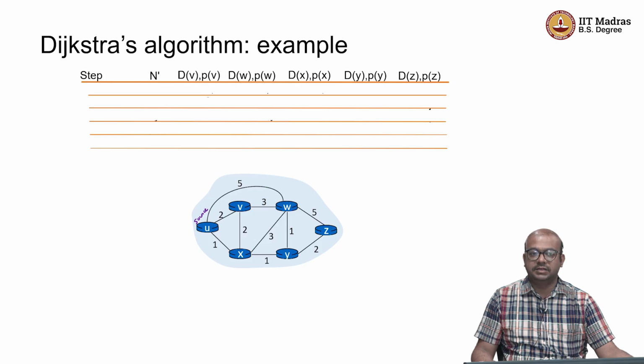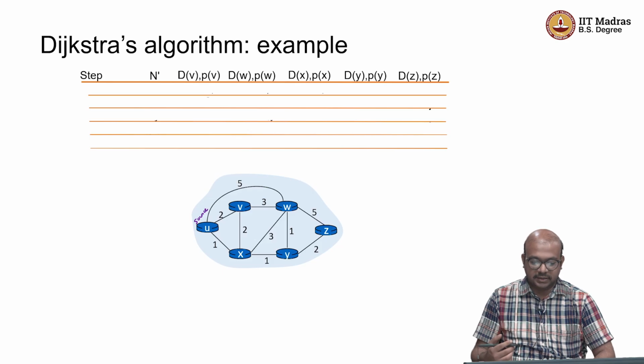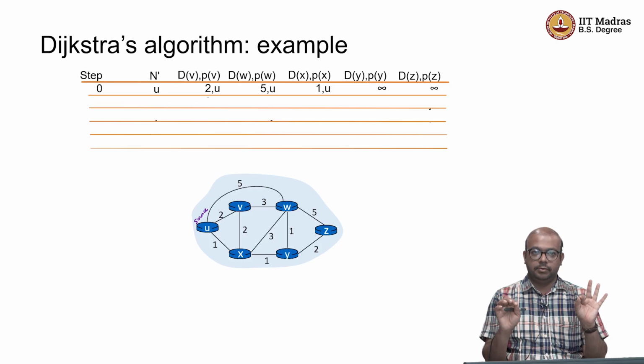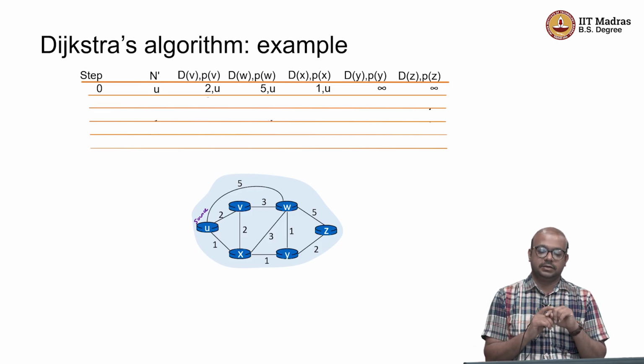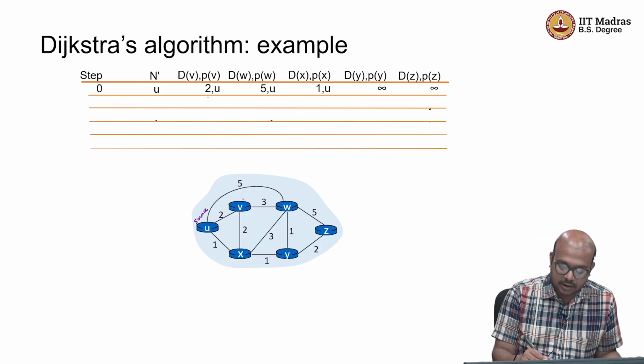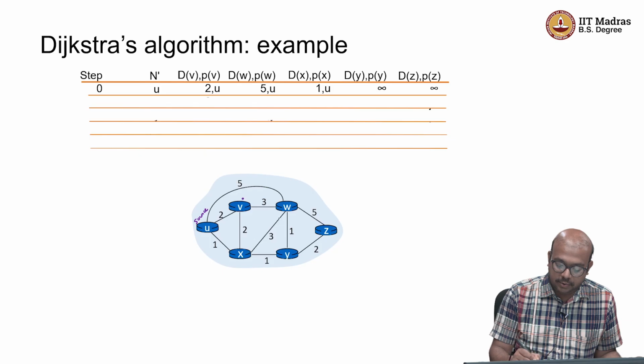So, we know how the initialization occurs. In the first step, step number 0, the initialization step, n prime is just one element, u, and then the direct neighbors. Remember, in the initialization part we had two things: one was n prime equal to u, and the other was to initialize the neighborhood list. So, the neighborhood list of u: v is one neighbor,